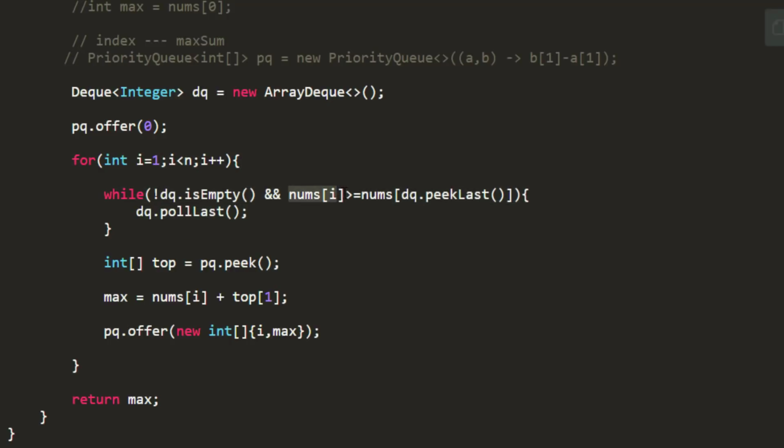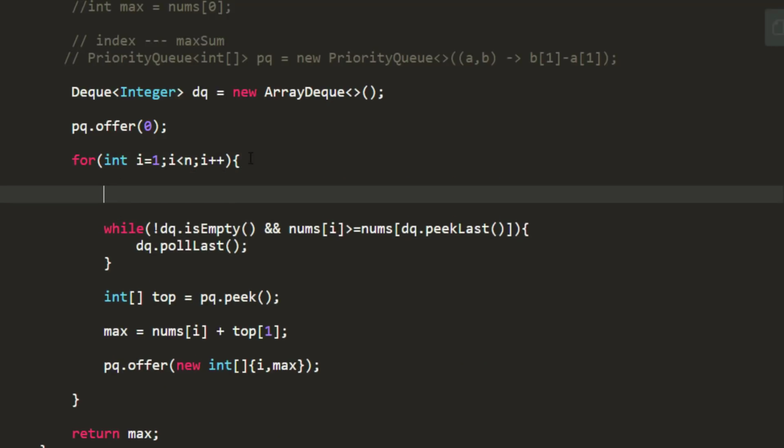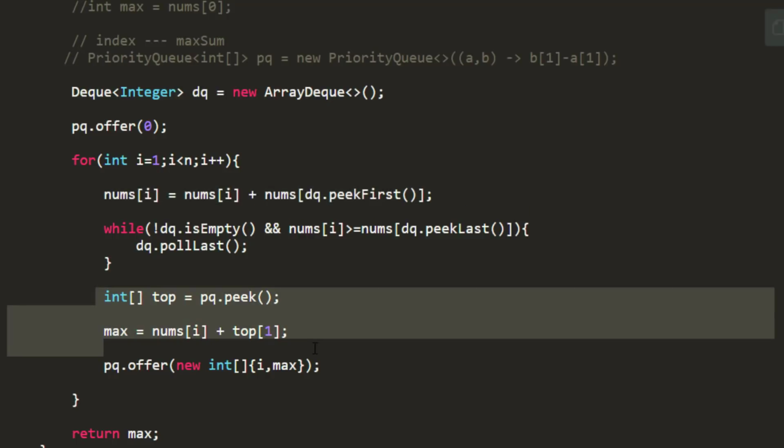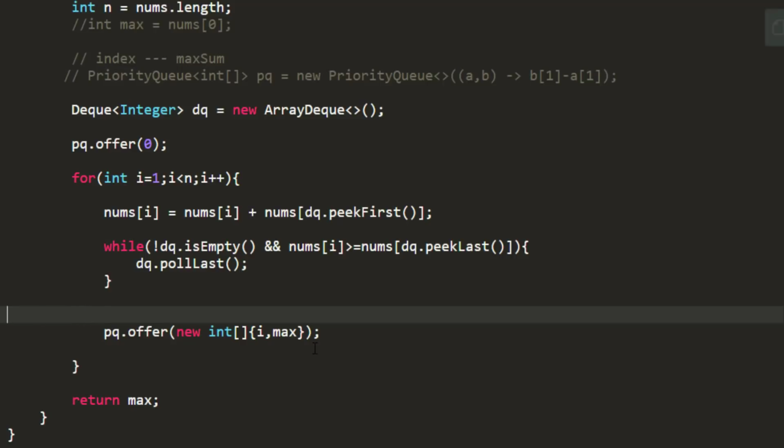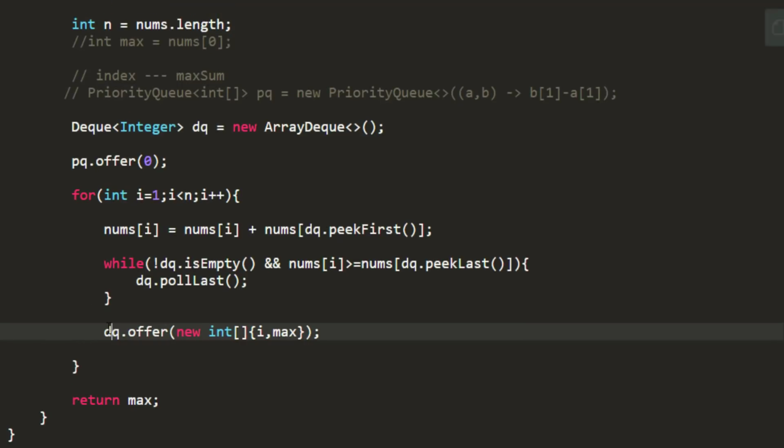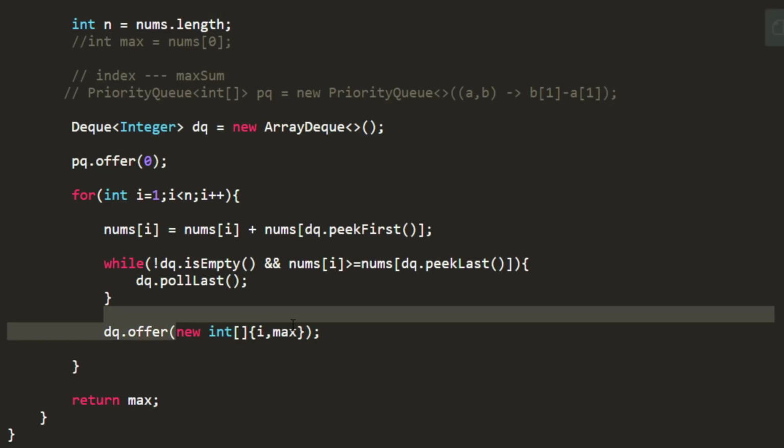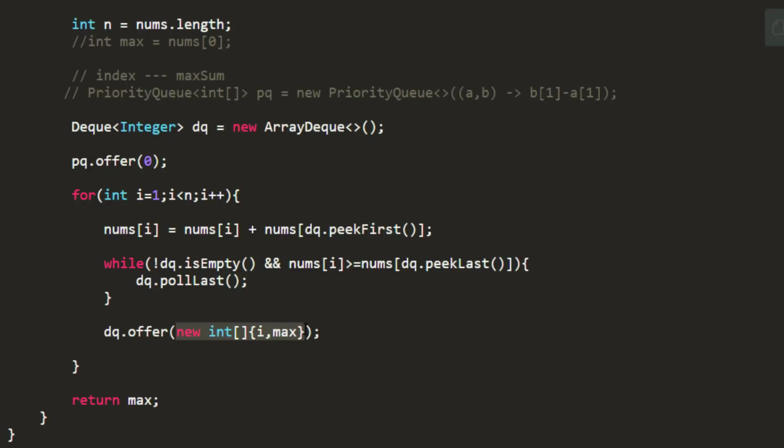Now as we are comparing this nums of i, that means we have updated the values. The highest value will be at the front of the queue. We have already taken out the value and updated the nums. We need to add the value into this deque, and this value will be the current index.